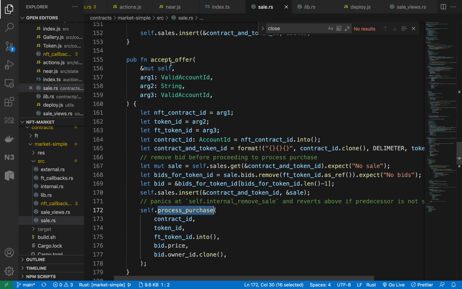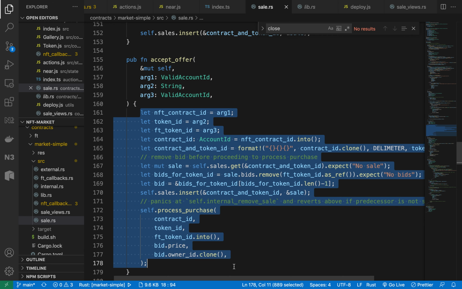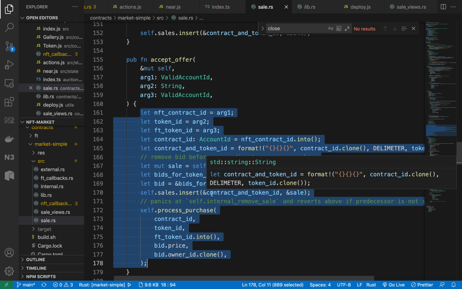Now in this accept offer, right now it is bid based, okay? But if you want to do direct sales, then all you need to do is modify this contract a little bit to make sure that there are no bids or anything.